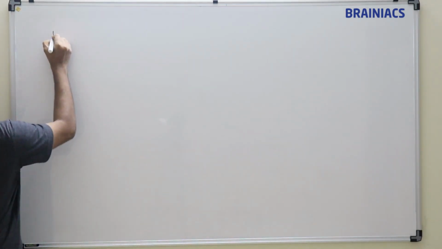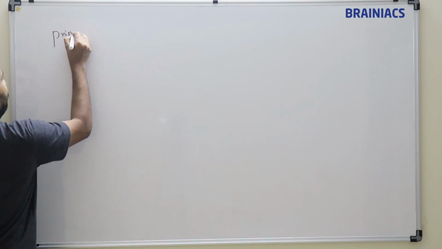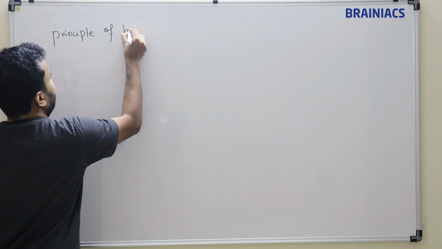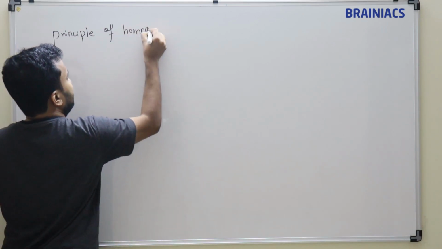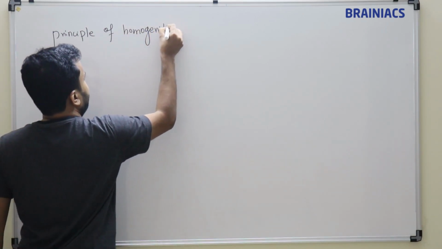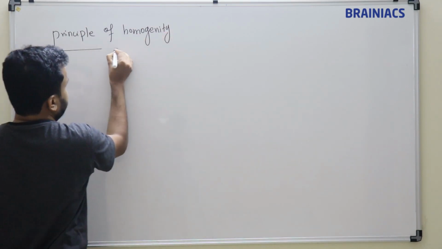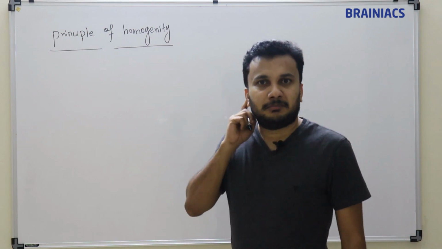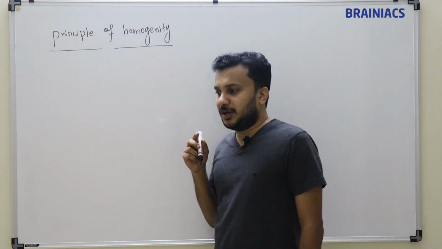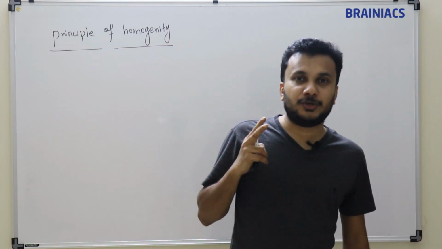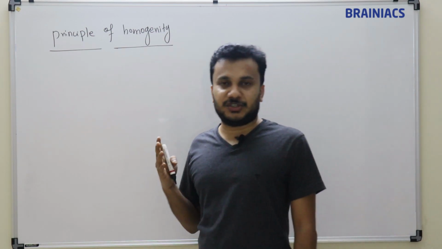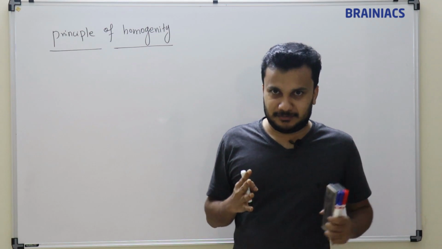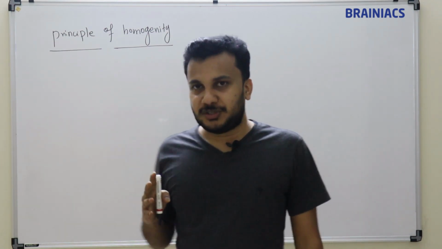So write the heading, principle of homogeneity. This is a heading. Okay, homo means what? Mostly in your 10th standard you have learned two words, right? Homogeneous and heterogeneous. Hetero means mixture, homo means same, equal. So homogeneity in the sense,